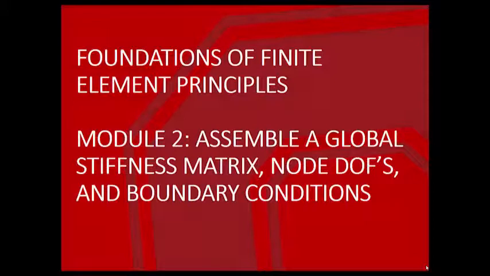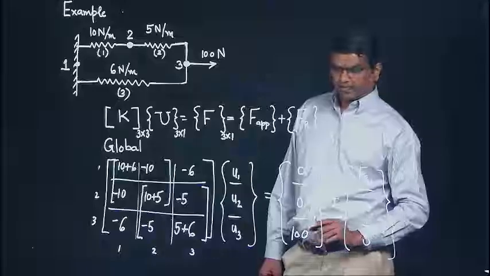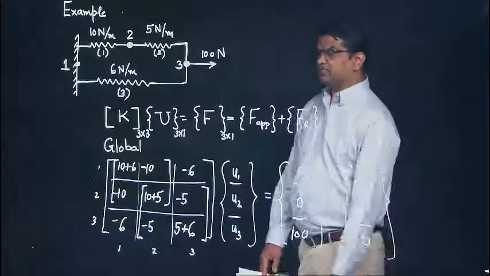In Module 2, we will begin by assembling a global stiffness matrix for a problem with more than one element using the direct method introduced in Module 1. We will then discuss nodal degrees of freedom for line elements such as rods and beams, and expand this to 2D plate elements as well as 3D solid elements. In addition, we will also have a brief discussion on how to choose elements for certain applications and discuss boundary conditions and constraints. So here is our global system